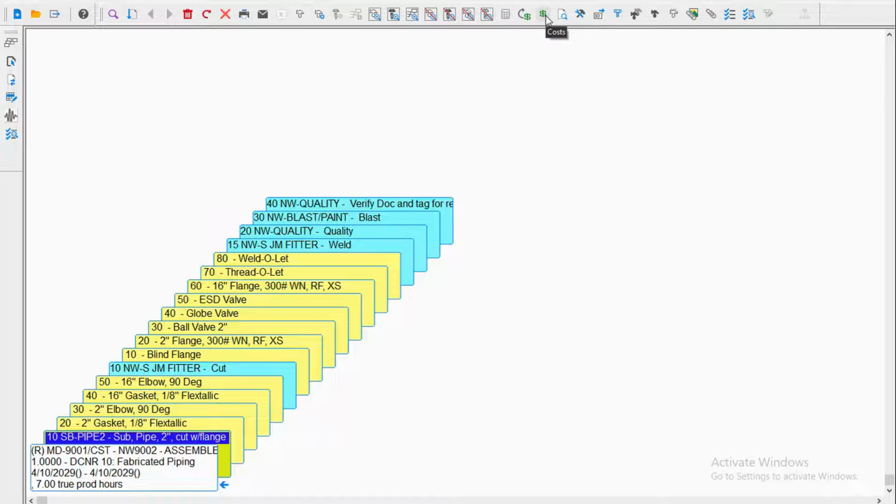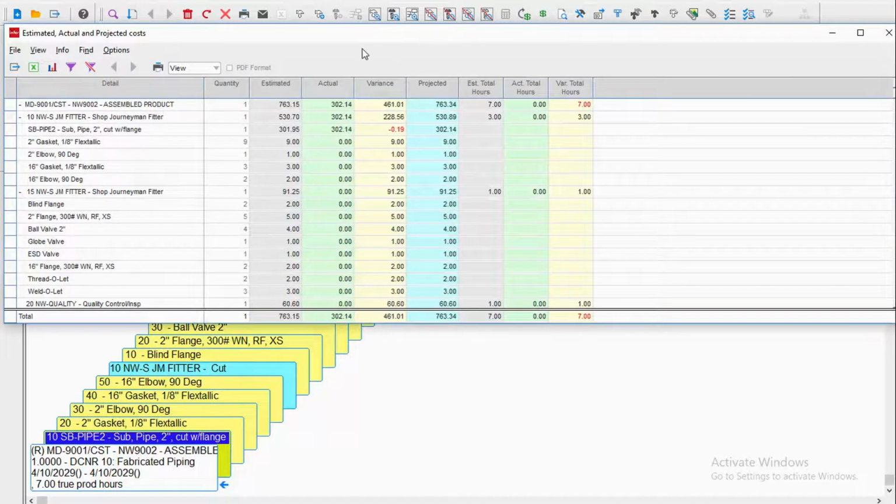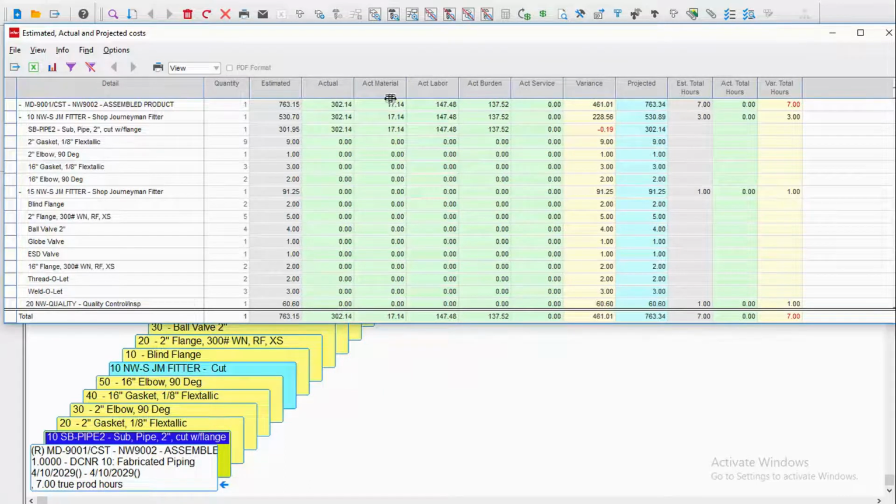Costs. Okay, so now we have one actual cost. Break that open. That is for the subassembly. That's the only thing we've issued so far, and sure enough, it's at its higher rate, no longer the $301.95 that we expected. It's for $302.14, and